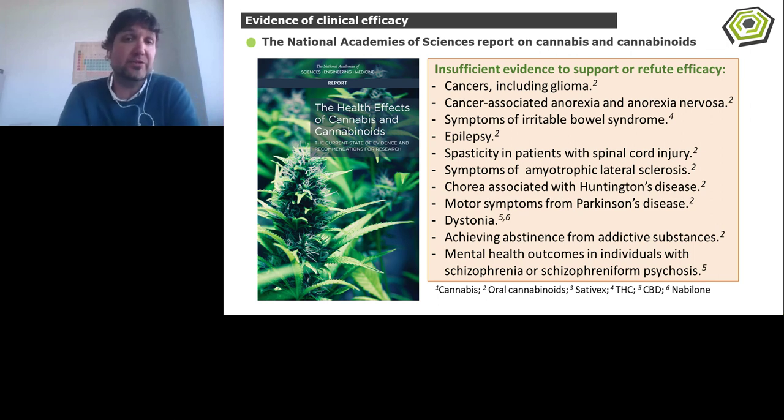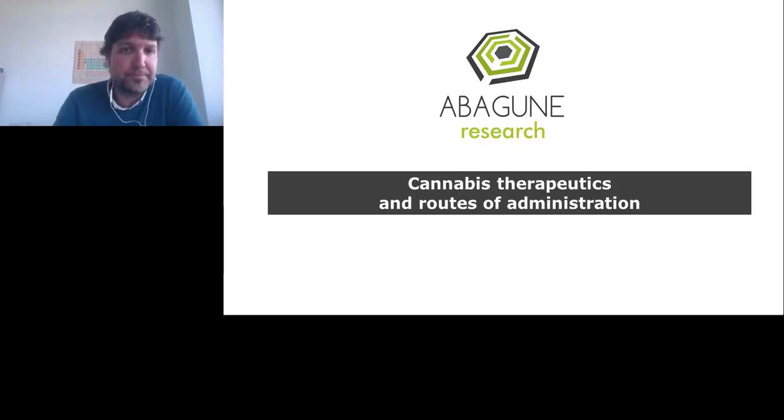I'm a preclinical researcher, so I've been working with preclinical models most of my life. This means that I work with rats and mice. And we have seen cannabinoids working in animal models for many different indications. But this is the same case for many different drugs that are in development. How these drugs will behave once we take them to the clinic is a mystery to us. So although there's promise in animal models, we cannot simply conclude that we're going to see the same efficacy in humans.